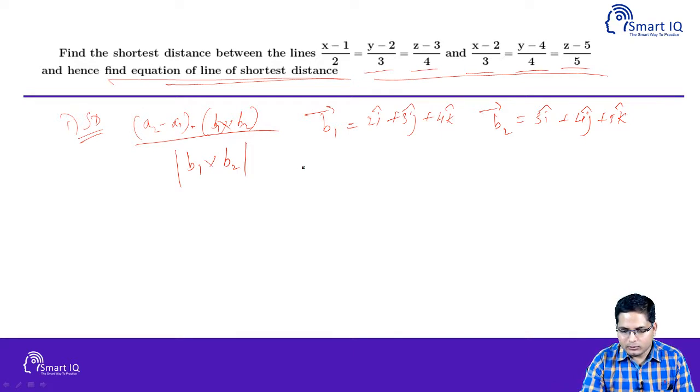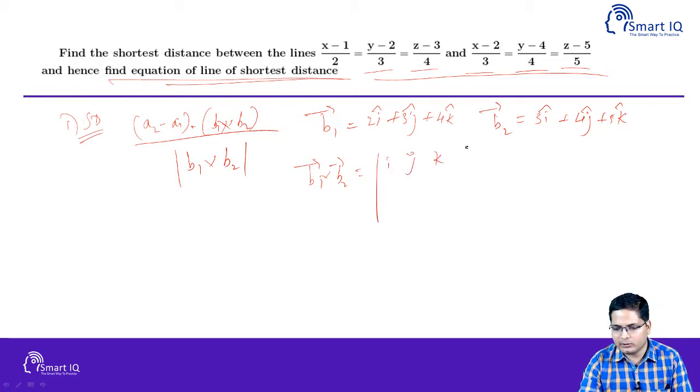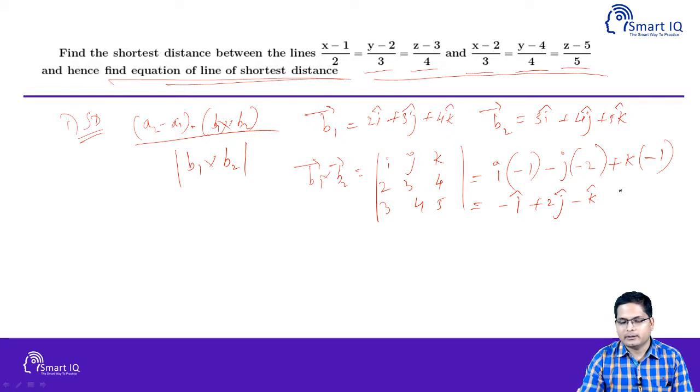Once you know B1 and B2, let us find the cross product. Then what will you get? Determinant i, j, k, 2, 3, 4, 3, 4, 5. This is a way to find the cross product, right? So just evaluate it: i into 15 minus 16, minus 1. I am just doing the determinant evaluation. Minus j into 10 minus 12, minus 2, plus k into 8 minus 9, minus 1. So it is minus i cap plus 2 j cap minus k cap. This is the direction of